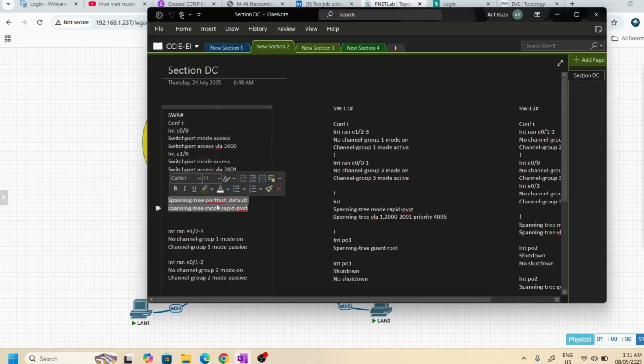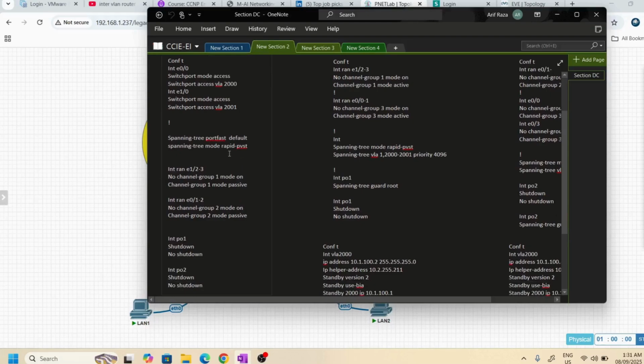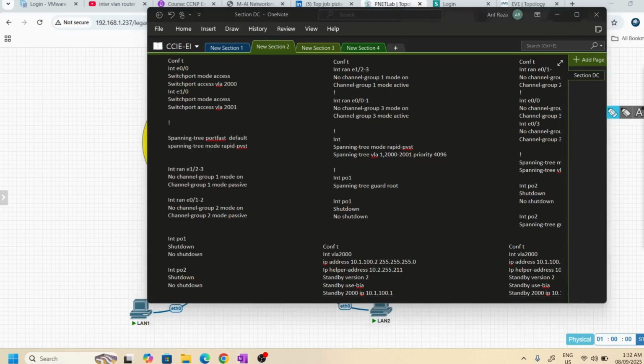And spanning-tree portfast, I believe you guys know about this, so I'm not going to deep dive into STP and all. Here you can see I'm using no channel-group 1 mode, because if the configuration is already there inside the devices, maybe it will be mode on or something like this, so that's why I'm removing it and creating it once again.